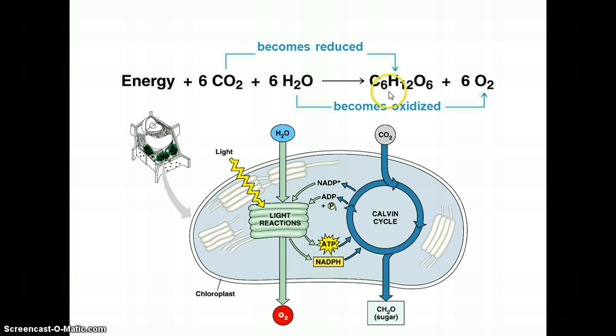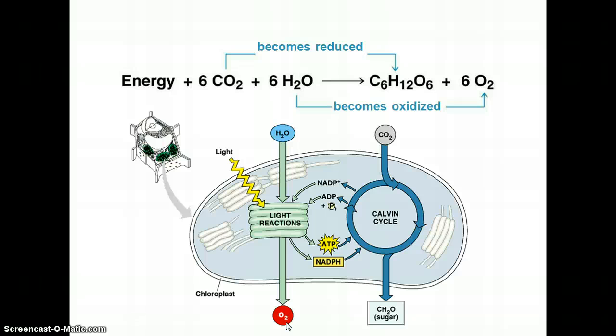And then our products are going to be coming out again in two different areas. So first of all, the sugar, in this case we're using the basic formula for glucose, it's going to be coming out of the Calvin cycle. And we'll talk again in more detail about how that occurs. And then the other product we have is oxygen, which is actually going to come out in the light reactions, so you can see here. So it's important for you to study where the reactants and products of our basic photosynthetic reaction are entering and